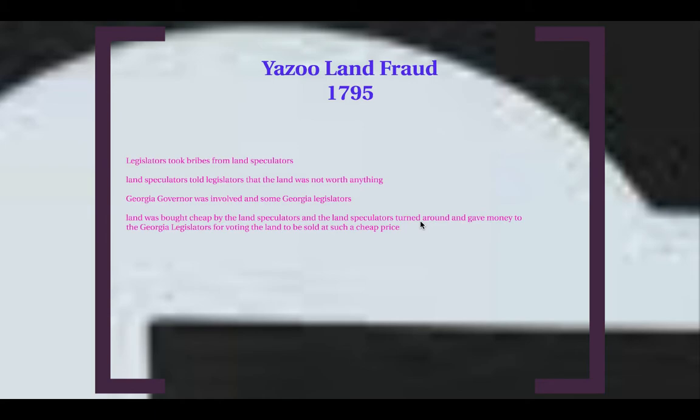Next, Yazoo land fraud. Legislators took bribes from land speculators. Land speculators told legislators that the land was not worth anything, knowing that it was. Georgia's governor at that time was involved, and some Georgia legislators. The land was bought cheap by the land speculators in hopes that they would turn around and sell it at